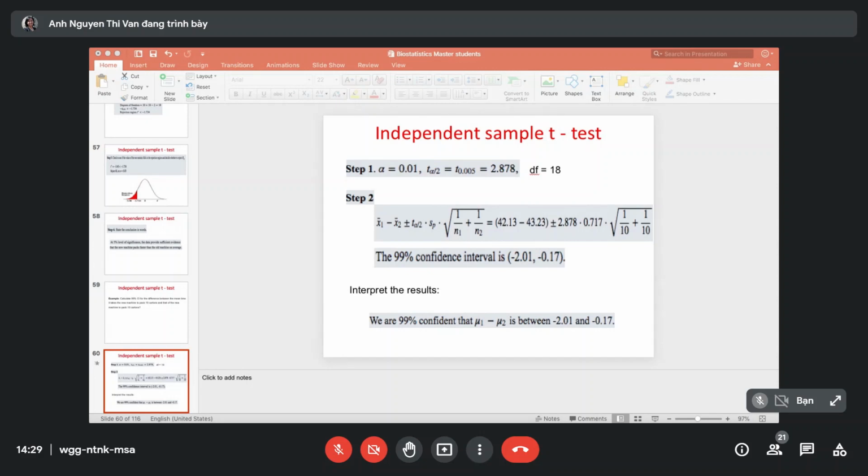So you can find t alpha over 2 is 2.878. Then you apply this formula, and the confidence interval will be between minus 2.01 and minus 0.70. So what are your comments about this interval? If you look at this interval,